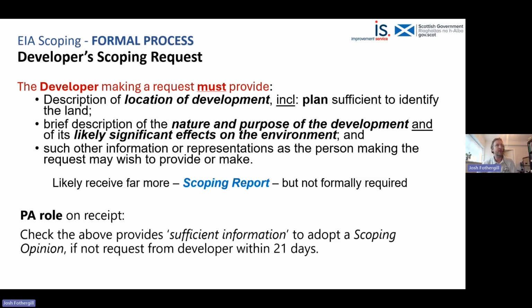Description of the location of development, including a plan sufficient to identify the land, a brief description of the nature and purpose of the development, and some linkage to what the developer and their consultants feel are likely to be the significant environmental effects, and then effectively anything else the developer fancies sending you, the information they wish to provide. So there's actually far less detail that is required by a scoping request than there is in